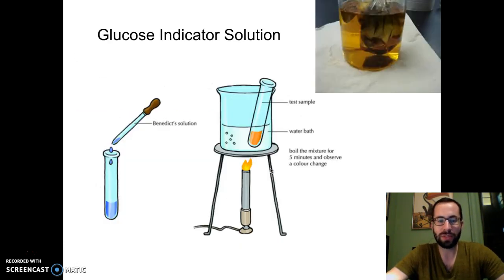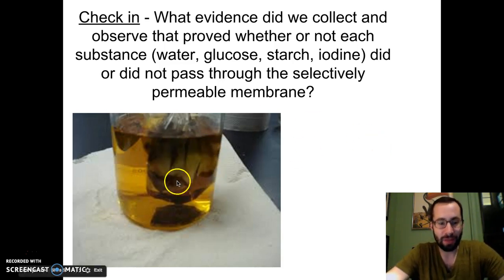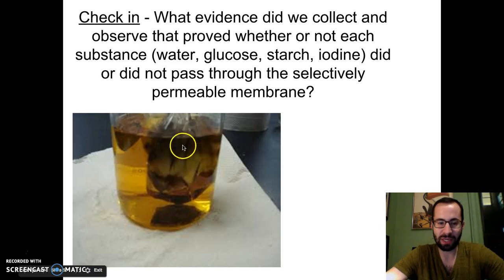So let's go through it step by step here, right? Now, for the most part, we can see that there was a color change here. And I told you earlier that when starch and iodine come in contact with one another, a color change occurs. And that color change is a blue-black or purplish color, as you see here in our cell model. So that is the evidence that we use to say that we know that iodine, which is this amber color fluid that we dropped into the cell, was able to pass through the selectively permeable cell membrane and diffuse through